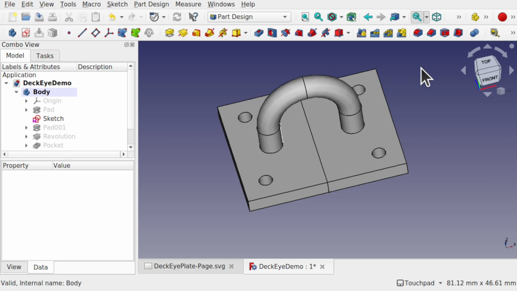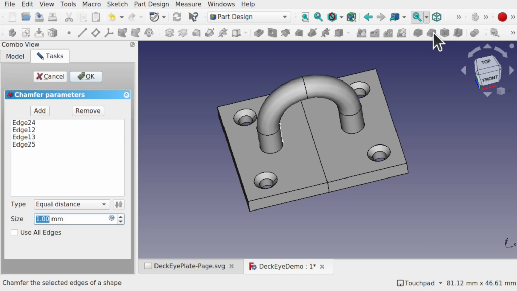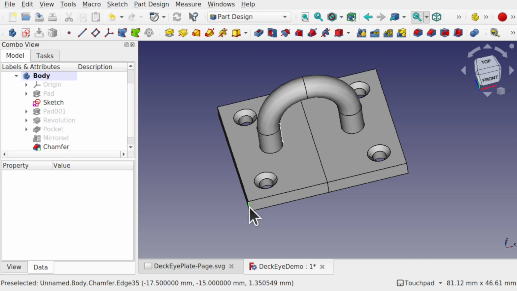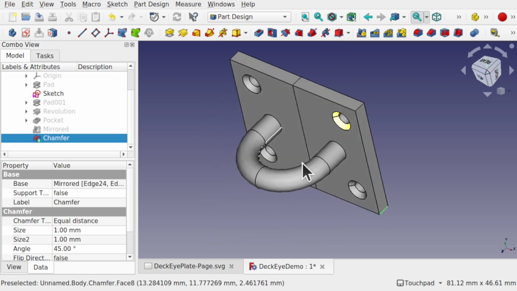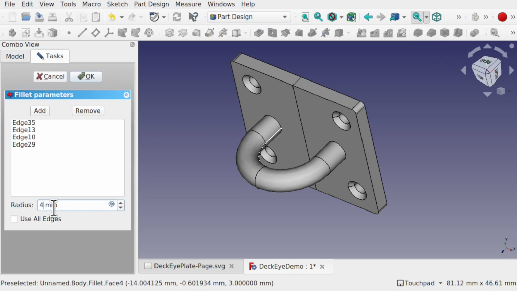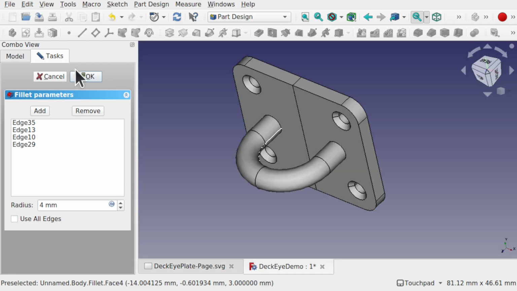So we can add the chamfers by clicking on all of the circles, and we'll add a 1mm chamfer to all these, like that, 1mm, okay, and then clicking these edges. So I'm control selecting all the edges. So I'll show you a number of ways of getting around the problems, and use the fillet, and we know that's a 4mm fillet. Let's double check that. So come over to here and we can see the 4mm fillet there, and hit OK,